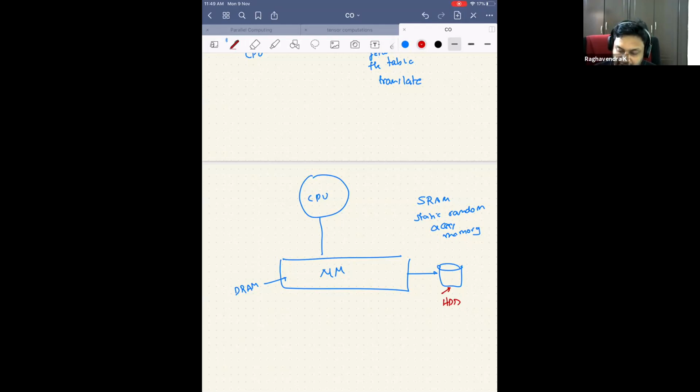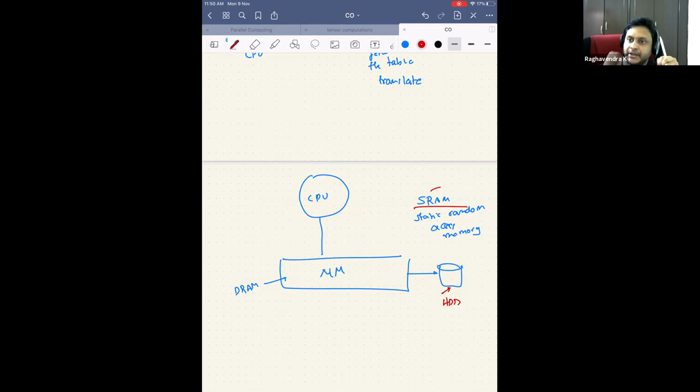Whereas SRAM, as long as you are supplying power, you can read it. It will not forget the data. The reason is it uses 6 transistors. If you see the architecture, the way the circuit is, to remember 1 bit it uses 6 transistors and it will remember. So suppose I store 1 as a bit in that, then it will remember as long as I'm supplying the power. Of course, there is leakage power and all those things, but that is all electronics. We will not get into it.